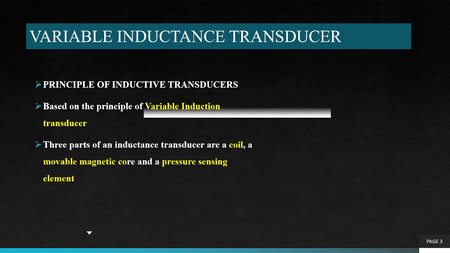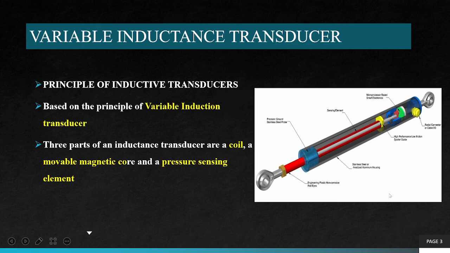So variable inductance transducer, I hope you can see this diagram. This is nothing but the variable inductance transducer. You can see it is like a knob-like structure. There are three important parts of a variable inductance transducer: a coil, a movable magnetic core, and a pressure sensing element. These three parts are very important for a variable inductance transducer, and it is completely based on the principle